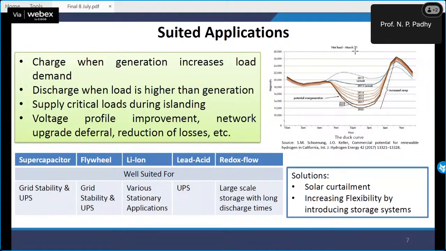Okay, so supercapacitors, flywheel, lithium ion, lead acid, redox. All these will be very helpful for grid stability and system stability at large. The system will be more stable if you have renewable integrated power systems, and a huge amount of battery can make your system stable, and it will allow your synchronous machine not to reach its maximum very quickly.